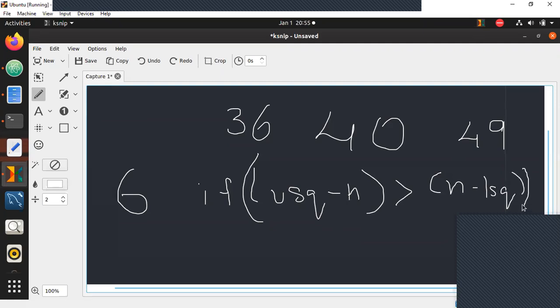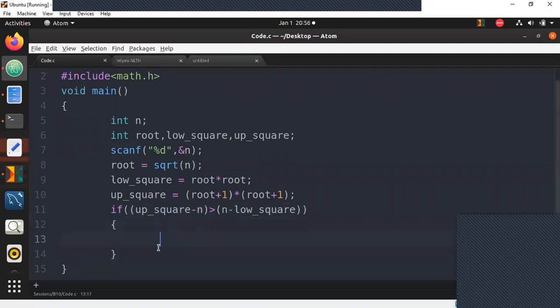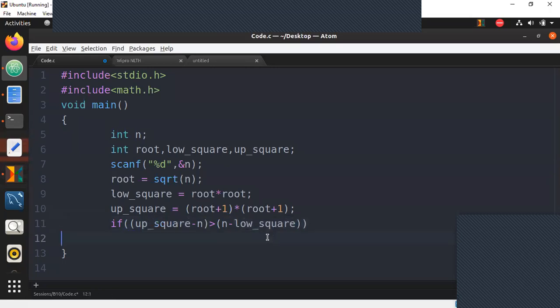Up square minus n is 49 minus 40, if it is greater than n minus low square, n minus 36. If the difference from up square to n is higher than n to low square, then low square is the closest one.